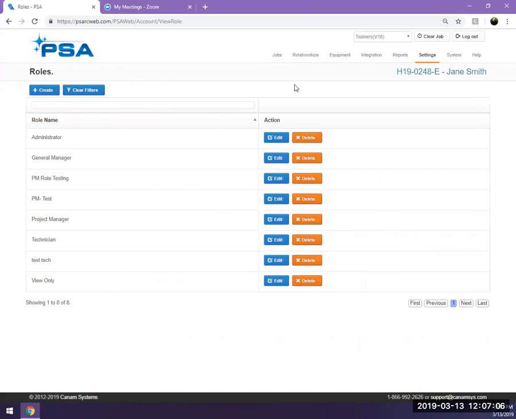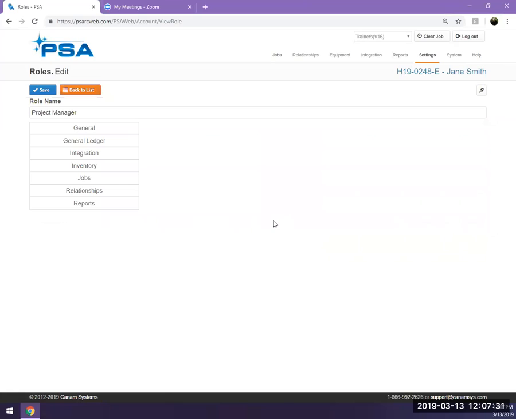All administrators of the PSA Web system should have full access into the Merge document feature, so no setup will be needed. But for any other user that you plan on having access to the Merge documents, we do need to make some modifications to the role security. For this demonstration, I'm going to go ahead and modify our project manager role, and I'm going to select the edit button to do so. Once I'm within the role security for the project manager,